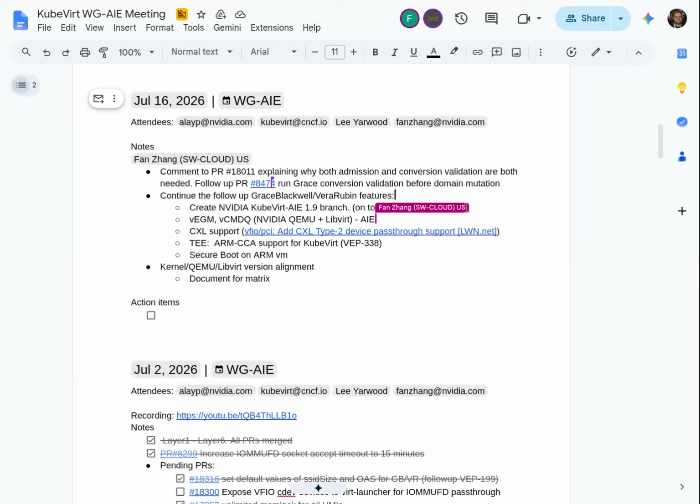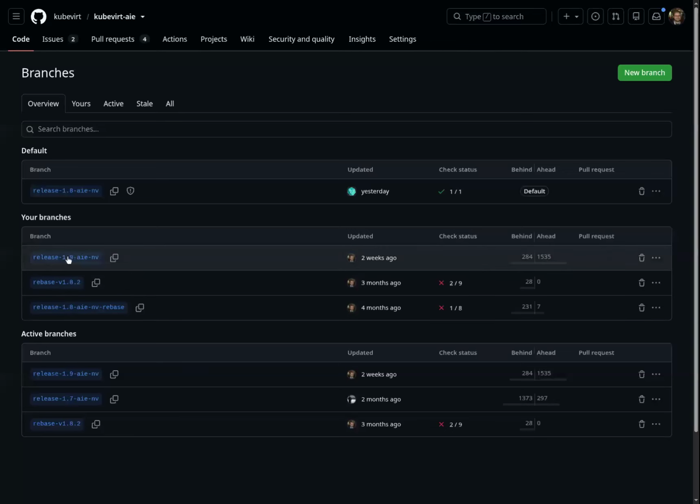So it comes back to something we were talking about last week. We already have a 1.9 branch for AIE as well, cut against beta, I think. I've probably rebased it since, but this is all prior to code freeze, so I need to rebase this branch anyway.